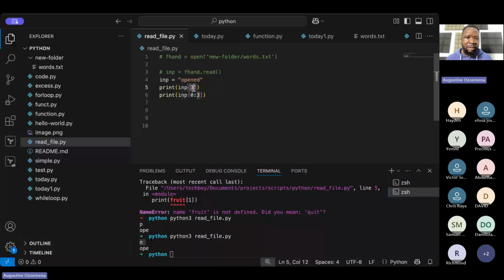But it's actually the index 3 because, like I told you earlier, Python reads it like this. It reads it like this. So n is actually the index 3, the one at index 3, right? That's why the fourth letter inside this word is having index 3. But when we told Python to print from 0 to index 3, what did it print? It did not include n. It just printed